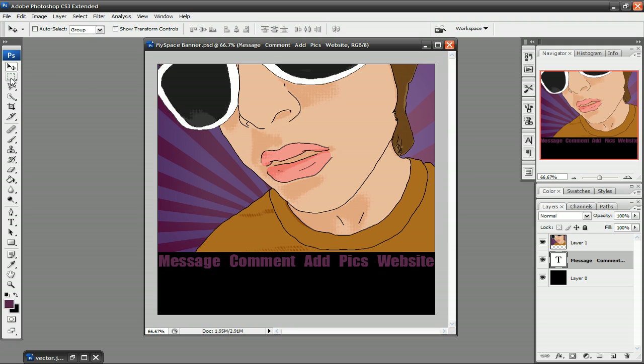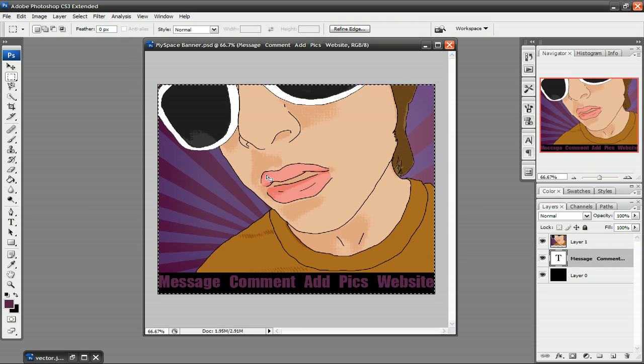And now I'm going to choose the rectangular marquee tool right under the pointer tool and just select the part of the banner that I need, which is up to around right here. And then click on Image, Crop. And now what that does is it crops the image to the point that I need it. So I got rid of the rest of that, which changed the height, but it didn't change the width,